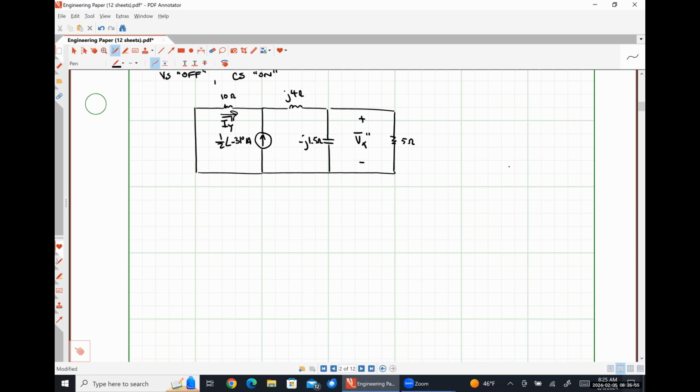The fact that you're using a calculator terrifies me. 5 angle negative 31 degrees, because we learned that resistance does not change the phase angle at all, right? So it's literally just multiply the magnitude by a factor of 10 and then keep the phase angle the same because we're dealing with a resistance. Picking on you a little bit, but also serious. 5 angle negative 31 degrees volts